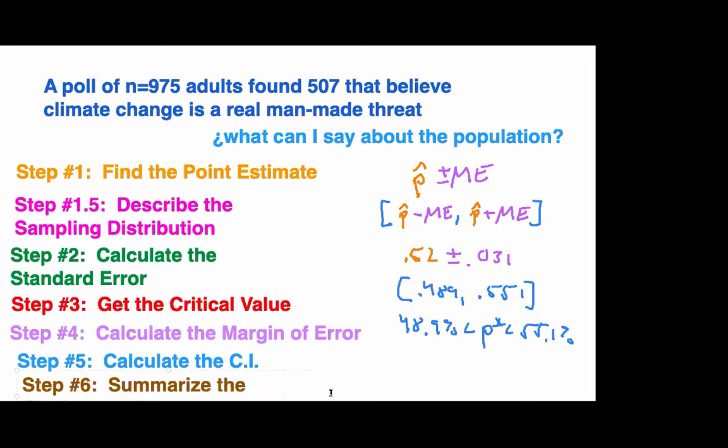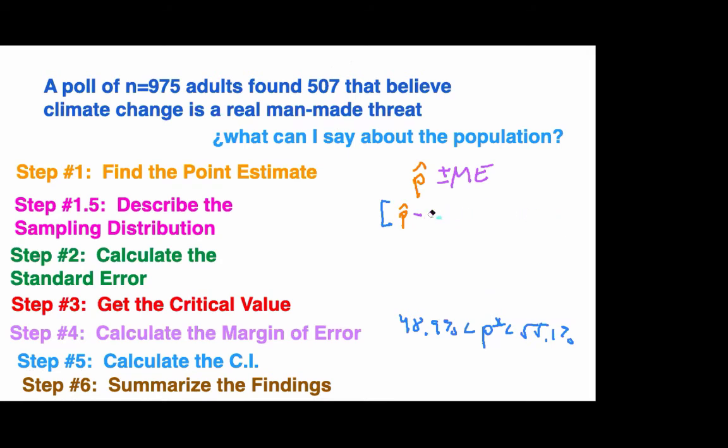We want to summarize the findings here. So again, using this interval, I'll retain the interval here. I'll erase everything but that interval. Okay, so how do we actually summarize the findings? Well, I would say something along the lines of